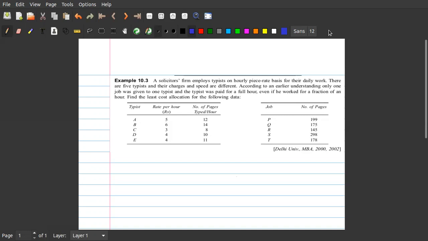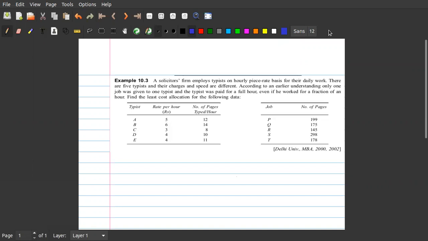The question says there are 5 typists and their charges and speeds are different. We can see the different charges, 5, 6, 3, 4, 4, and the typing speed is also different: 12 pages, 14 pages, 8 pages, 10 pages, and 11 pages.